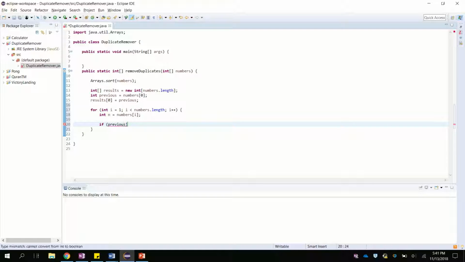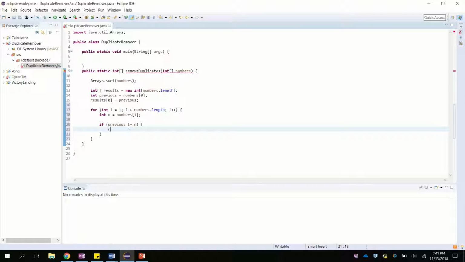I will explain this with an actual example after we're done coding this, just in case you still think it's a little confusing. I will show this step by step right when we're done. So if previous is not equal to n, so if the previous number is not a duplicate of the number right after it,